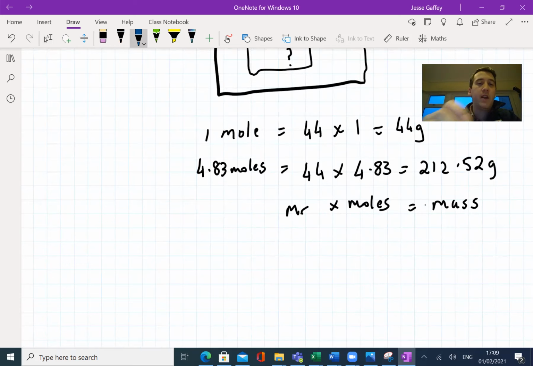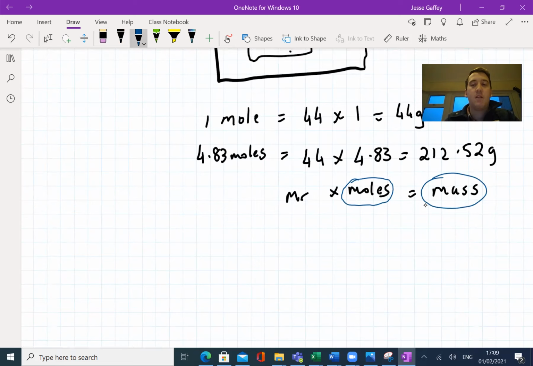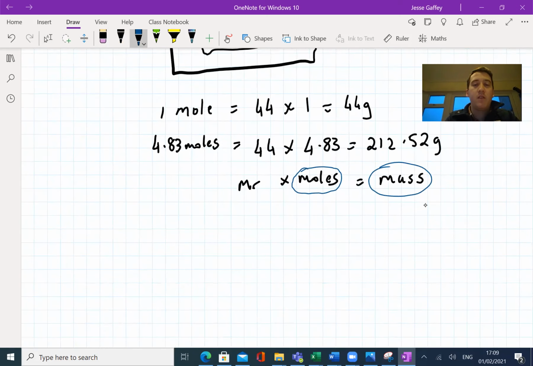Scientists traditionally write it to find the number of moles. So we've been finding mass, but scientists usually write this equation as if they want to find the number of moles. So to do that, they need to have moles by itself on one side of the equation. And then we have to get rid of the term that's on the same side as moles. Now we can't just cross it off and pretend it doesn't exist. What we need to do to get rid of a term is divide it by itself, MR,